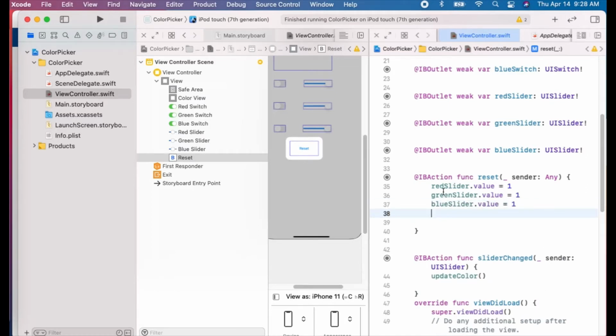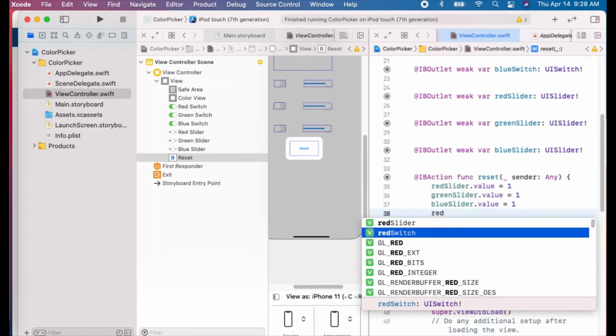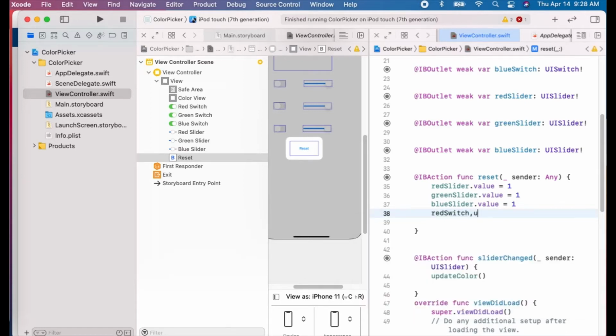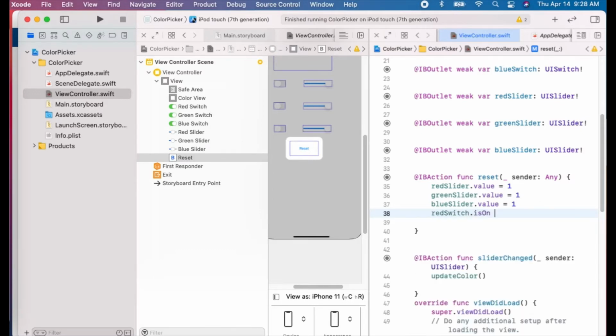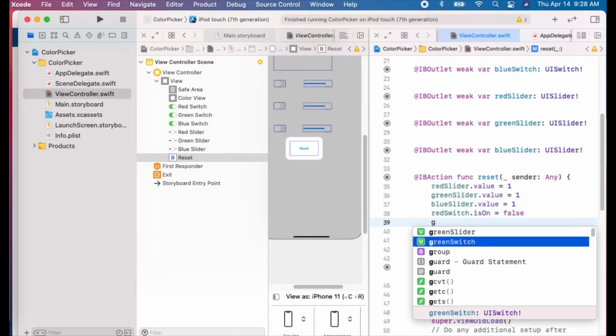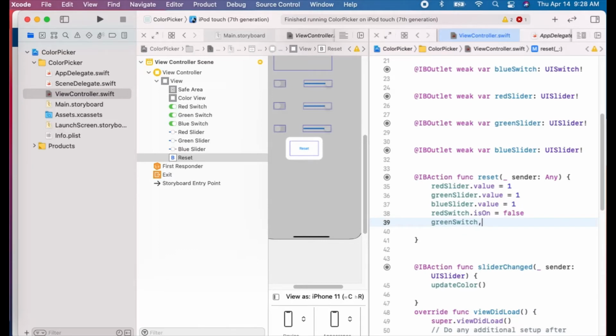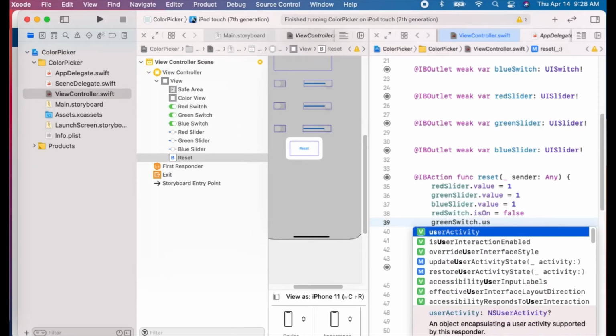Then we need to set each switch to false. So the red switch is on, be set to false. The green switch,